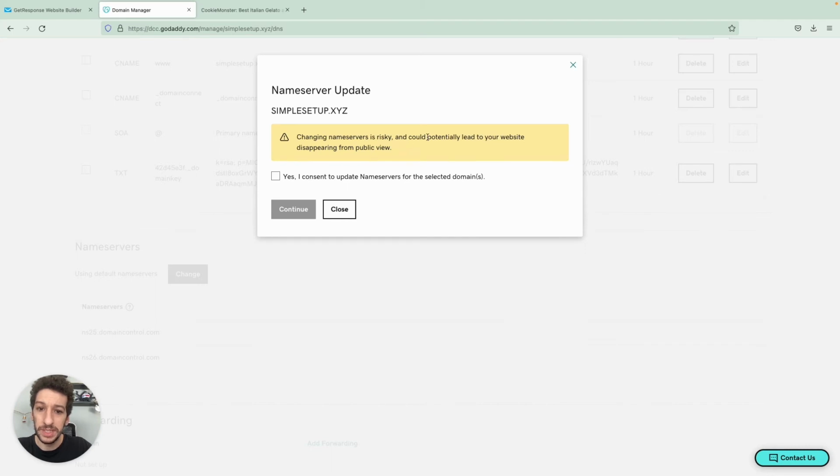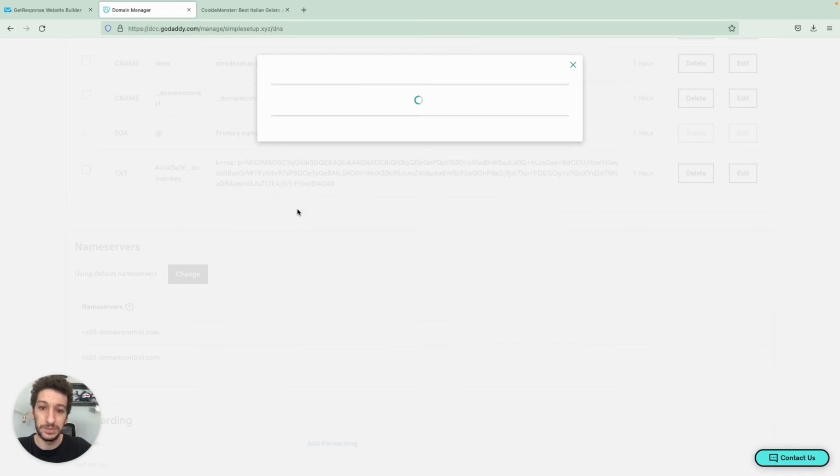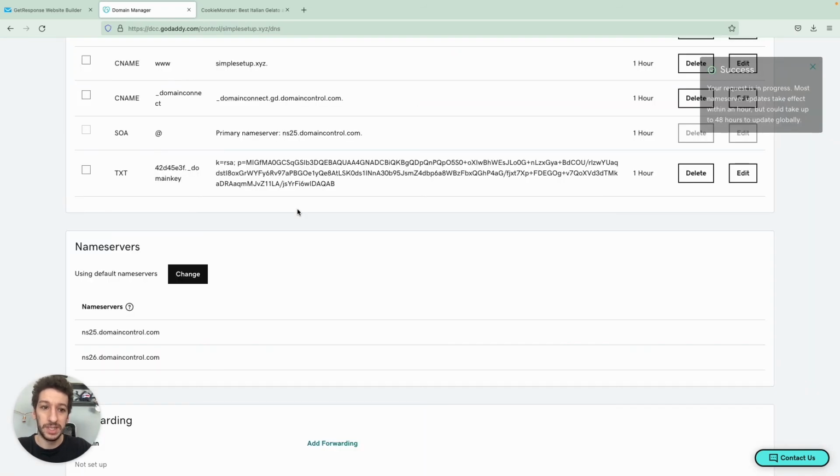Okay, as you can see now, of course, if you have your website pointing to different name servers, you might lose access to it. That's why they are pointing to GetResponse, if you want the website created in GetResponse to be displayed with this domain. Just keep that in mind, as well as the email address that I mentioned before. Keep that in mind before you change name servers, because you might want a subdomain instead. Let's click continue. All right, now we are done. There is a notification here that it can take up to 48 hours.